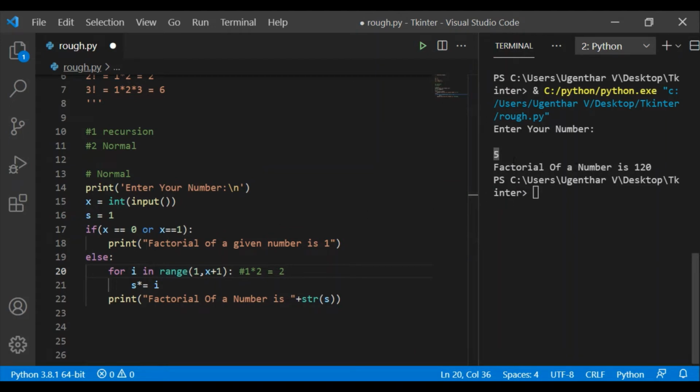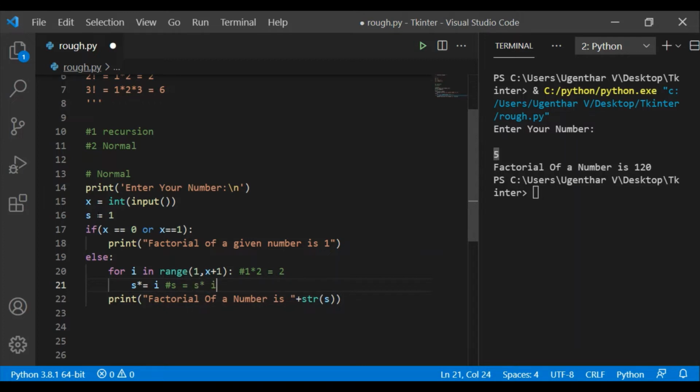The input value is 5, so 1 to 5 plus 1, 6. That means the last value is eliminated, minus 1, so the range will be like 1 to 5. So at first, s is equal to s star i.